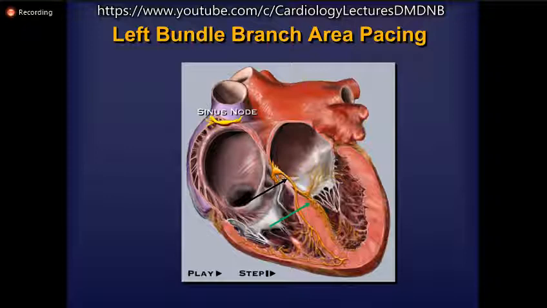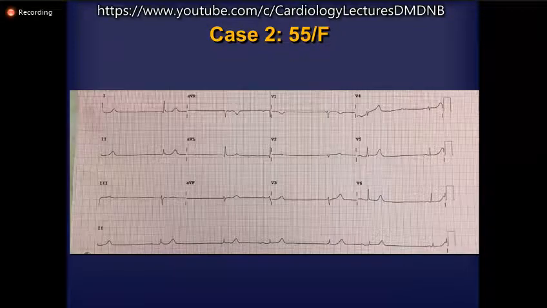And secondly, the crucial aspect where the problem with RV pacing is that the left ventricle, the main pumping chamber or the systemic ventricle, gets activated very late. Whereas when you are performing left bundle area pacing, you very quickly recruit the left ventricle, you shorten the left ventricular activation time. At the same time, across the septum, you're also able to get to the right side very quickly. So because of these reasons, left bundle branch area pacing has turned out to be a very satisfactory alternative.